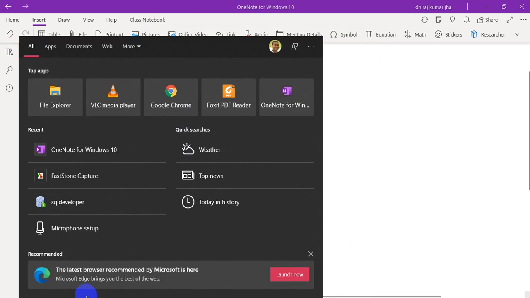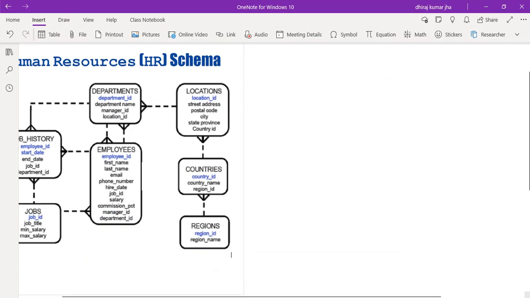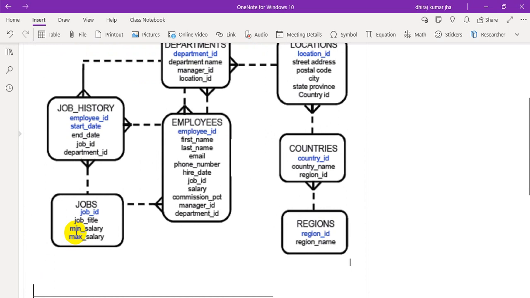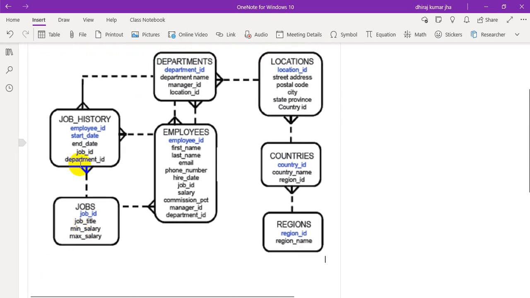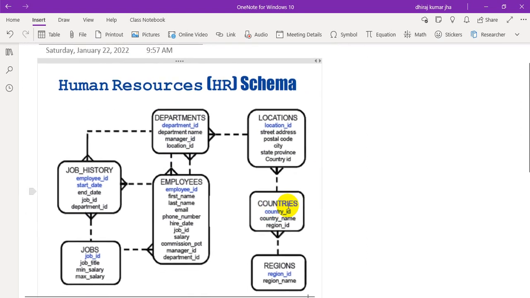Perfect. So within the HR schema, we have job history, we have departments, we have locations, countries, regions, and so on. So if you look at the scenario, it says, first of all, there are regions, and within